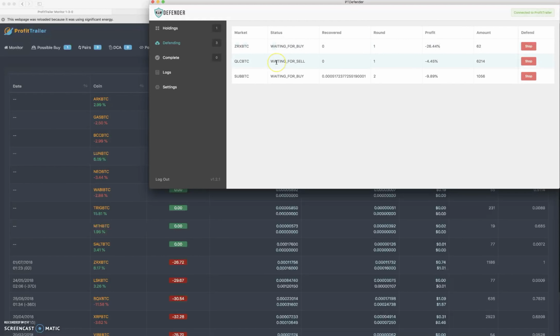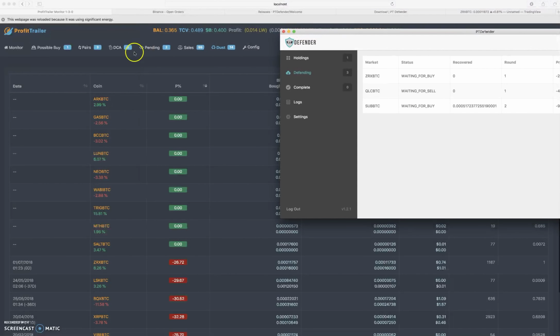Well, guys, PTDefender has nothing to do with the buying of these coins. Profit Trailer drives the buying and selling of these coins. So PTDefender is simply just watching what is happening on Profit Trailer's end. And if Profit Trailer rebuys ZRX, then